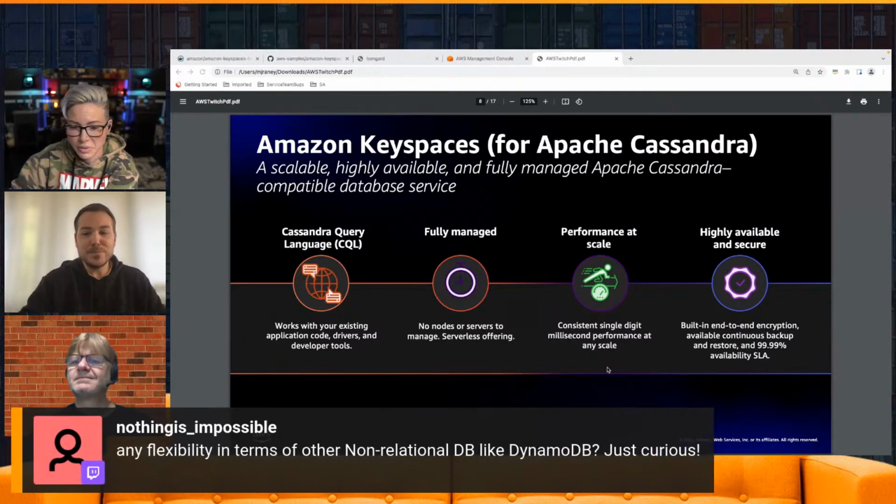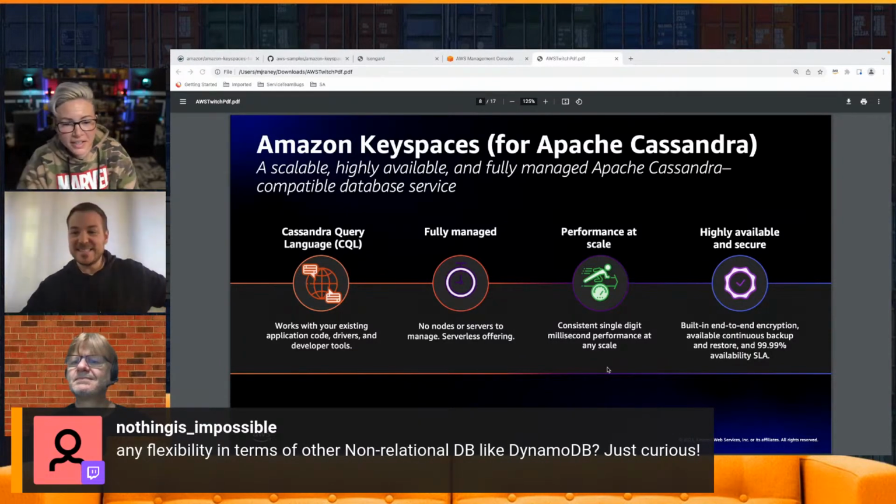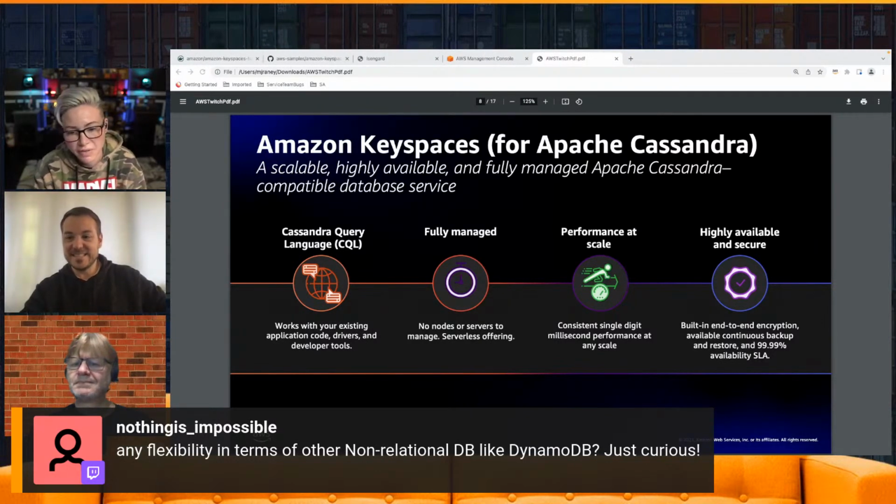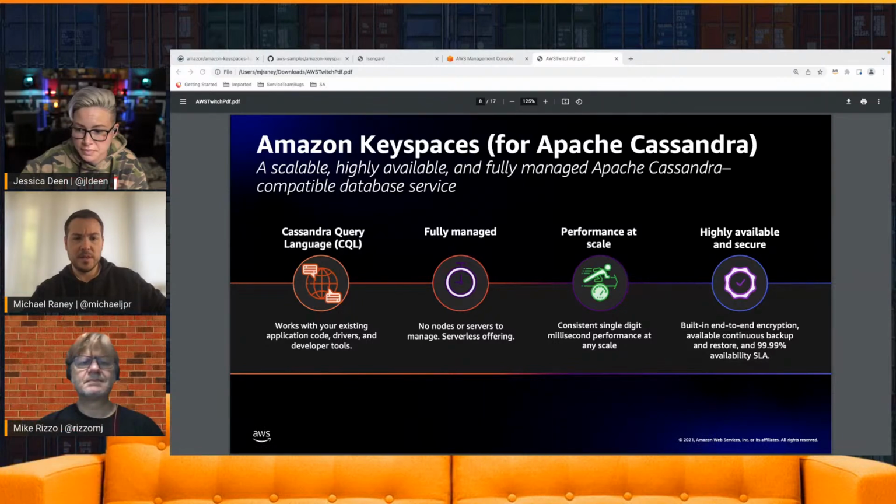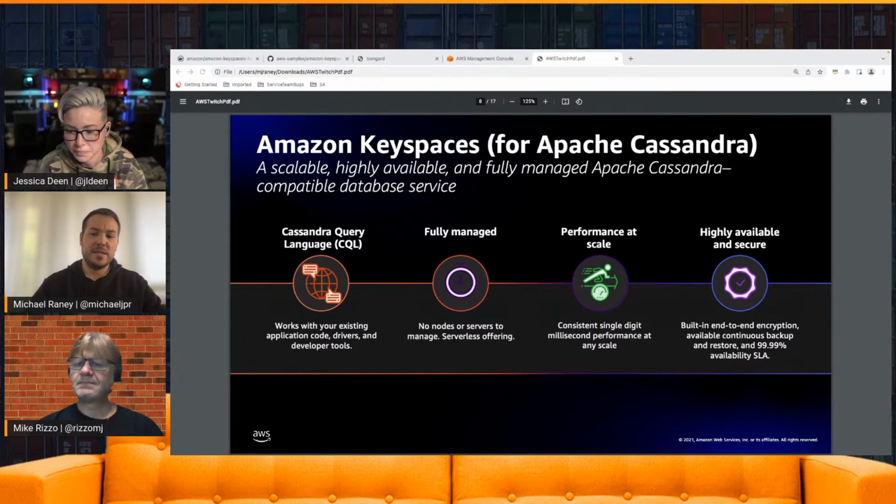Right. We do have Nothing is Impossible asking, is there any flexibility in terms of other non-relational databases like DynamoDB? Flexibility, I guess, meaning migrating Cassandra applications to DynamoDB. It's kind of hard to get what flexibility would be, but generally,